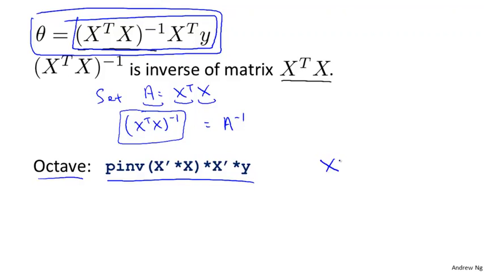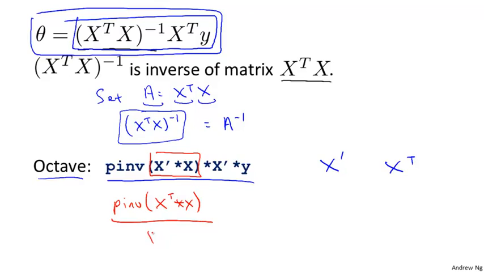In Octave, X prime is the notation that you use to denote X transpose, and so this expression that's boxed in red, that's computing X transpose times X. pinv is a function for computing the inverse of a matrix, so this computes X transpose X inverse, and then you multiply that by X transpose and you multiply that by y, so you end up computing that formula,